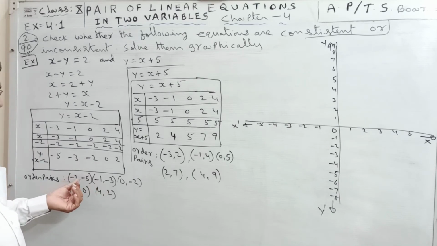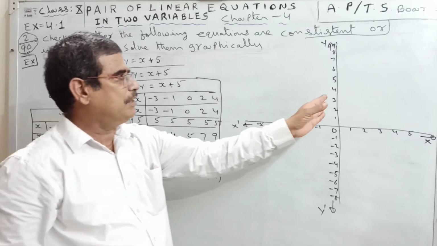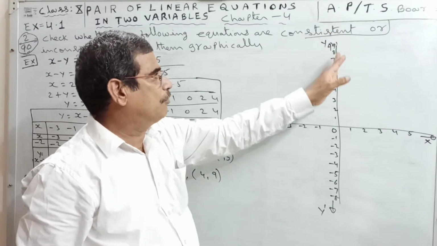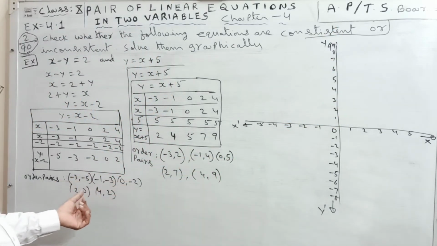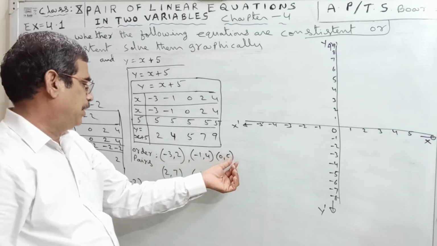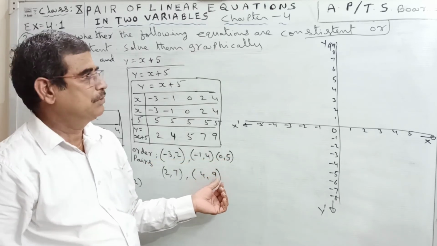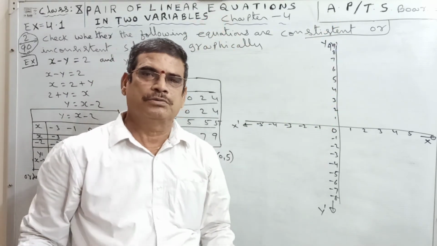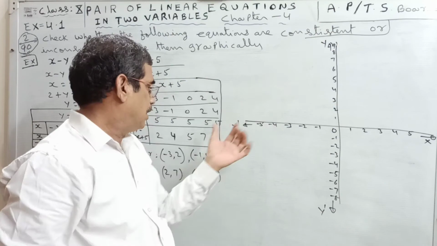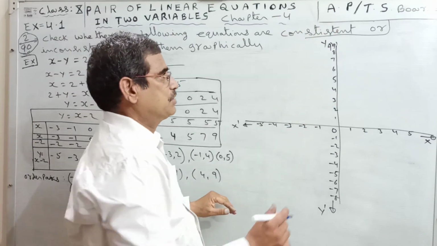First point is -3, -5. Here I am taking scale 1 because on the y-axis the highest value is -5. Here -5, here 5, 9. 9 is the highest value. Generally on the y-axis 11 lines will be available to you from the middle. So 9 is within limits. So the scale is